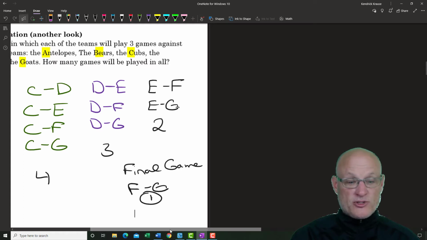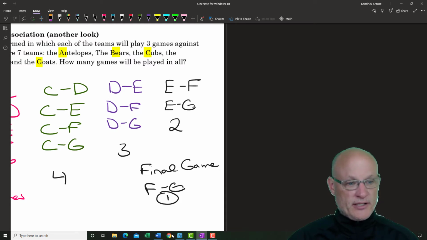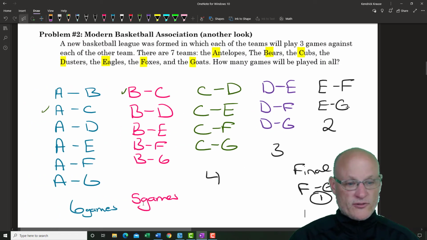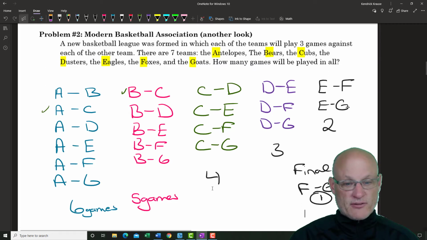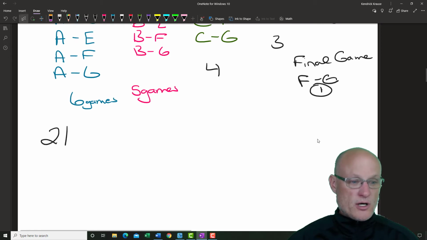G played F, G played E, G played D, G played C, G played all of them. So how many games is that? Well, we already talked about that before. 6 and 5 makes 11, 15, there's 5 more. That's 20, 21 games. So 21 games